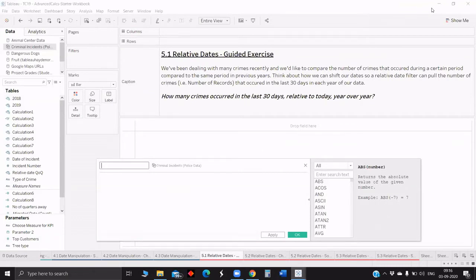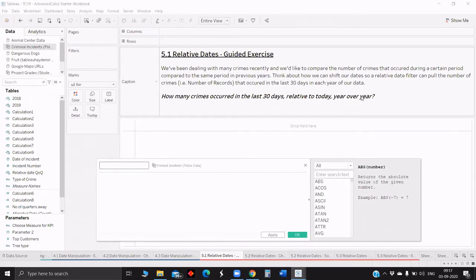What we can do is compare the current 30 days and the last year's 30 days. Using the date functions, based on the current day, we can reach the day that was 30 days earlier. Then we put a condition: if the date column we are looking at is between these dates, extract the crime records or number of records in a calculated field.